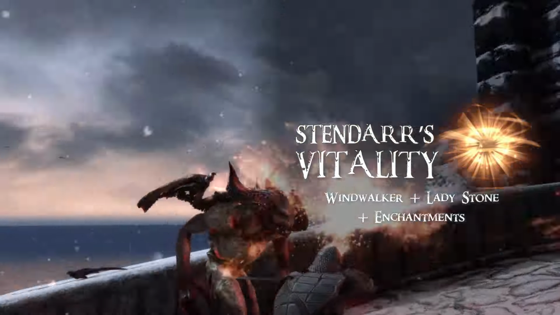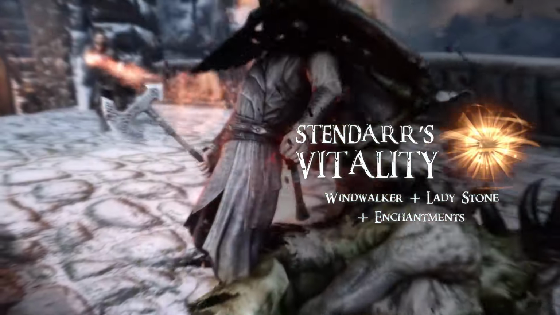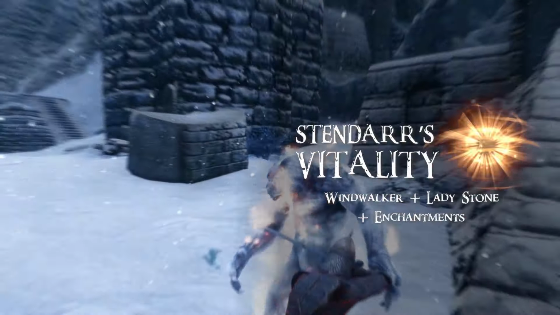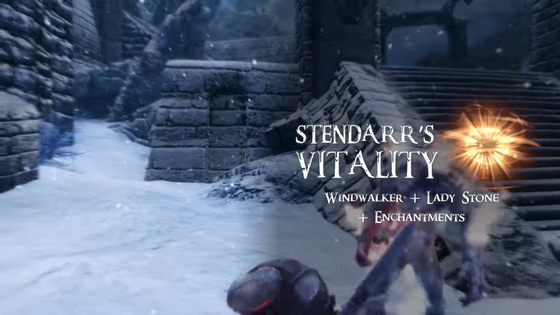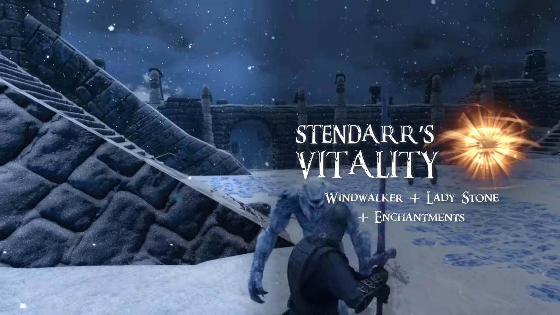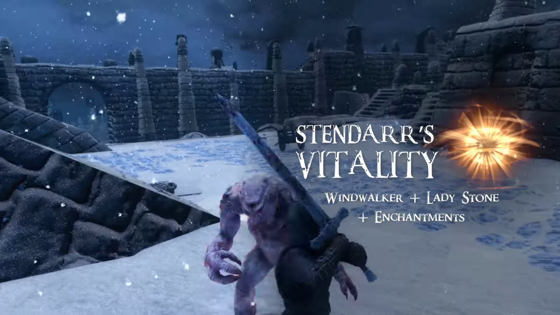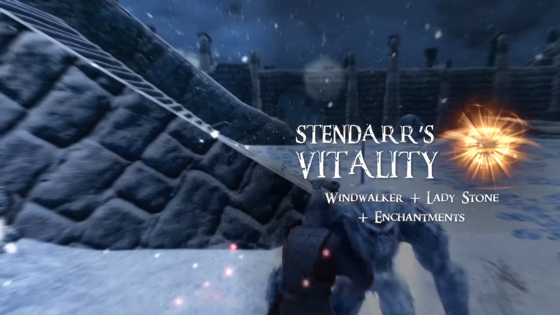First is the perk Windwalker, which grants 50% stamina regen when wearing all light armor. Next is the Lady Stone, which adds an additional 25%. And finally, we have all of the regen gained from our enchantments. Our boots, armor, and amulet will have a 31% increased stamina regen boost, which brings the grand total to 168%